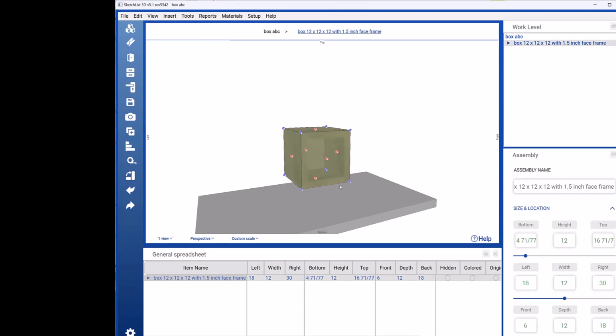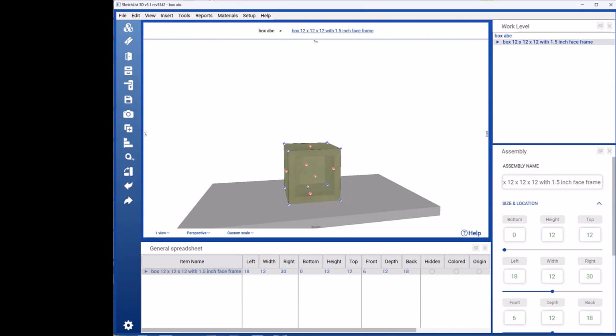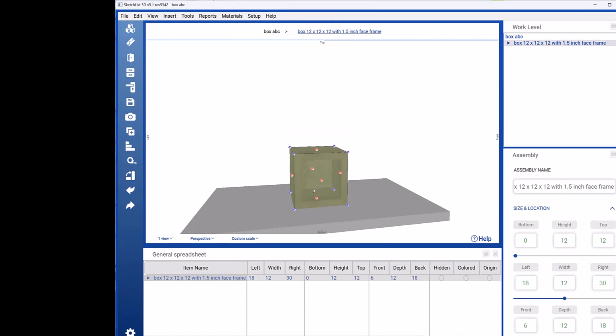So what can we do with the collection of objects? First of all, we can resize it, which is a pretty important thing. I'm going to move this all the way to the bottom, and this is just a slider bar. It moves things up and down. Just what I picked to do. Now, this is a 12-inch cube,